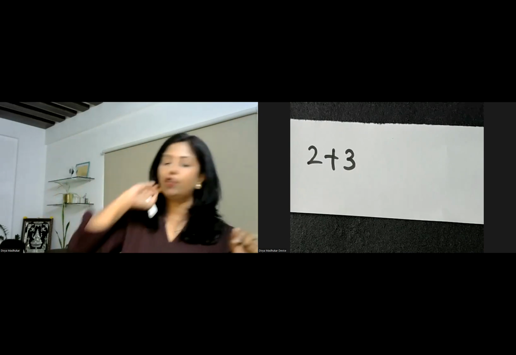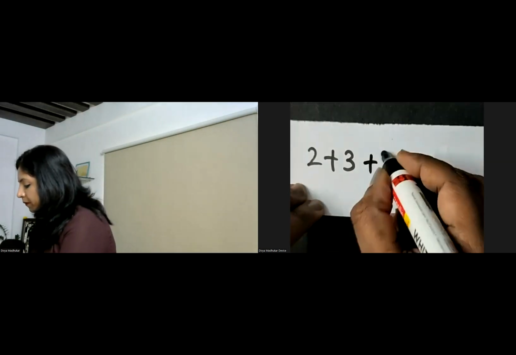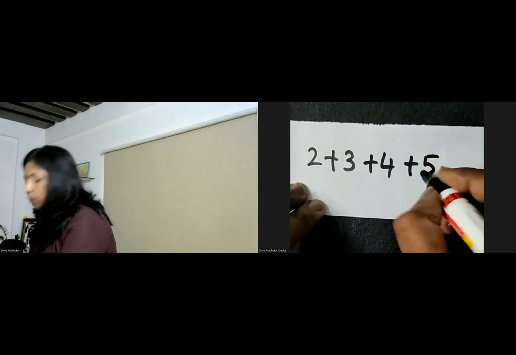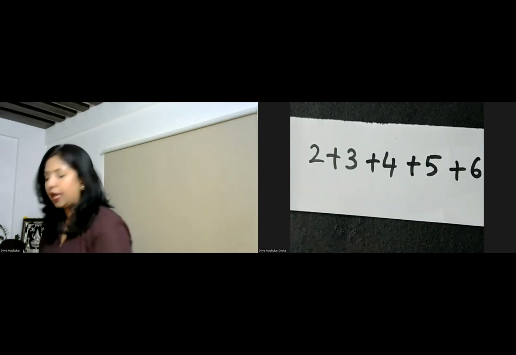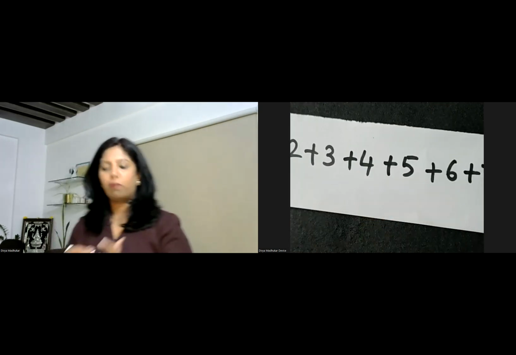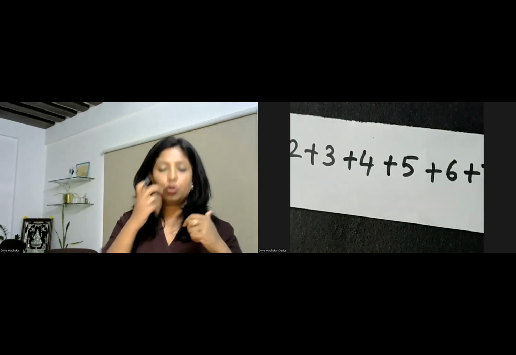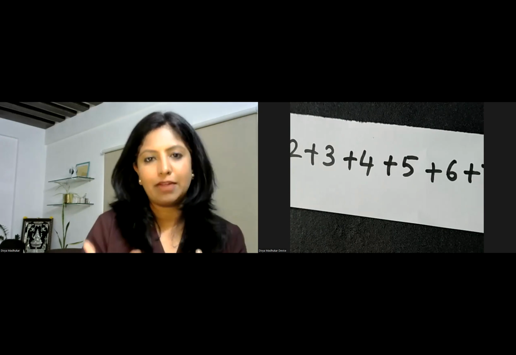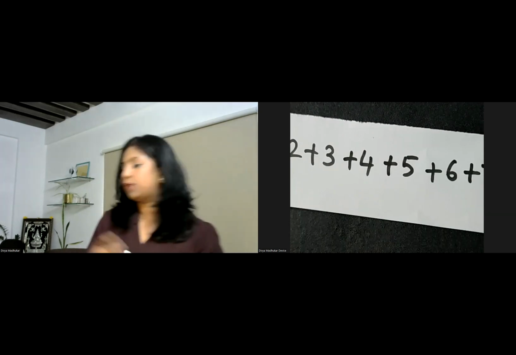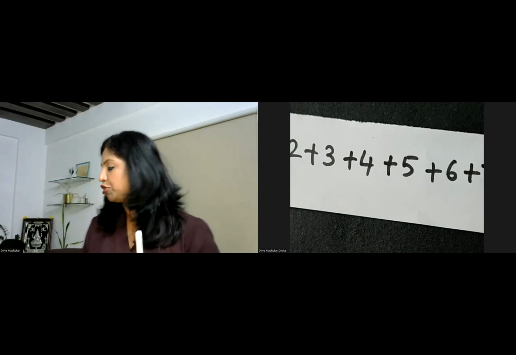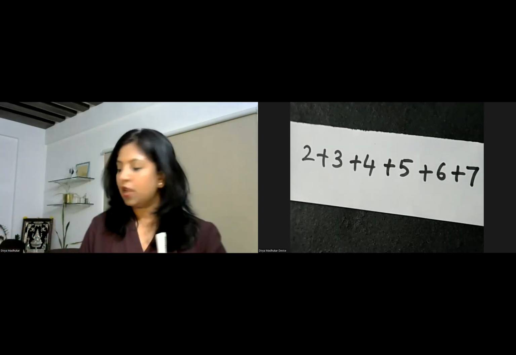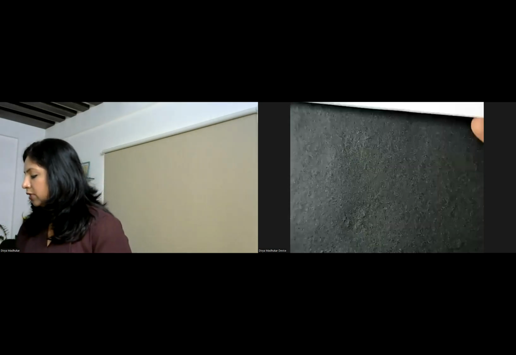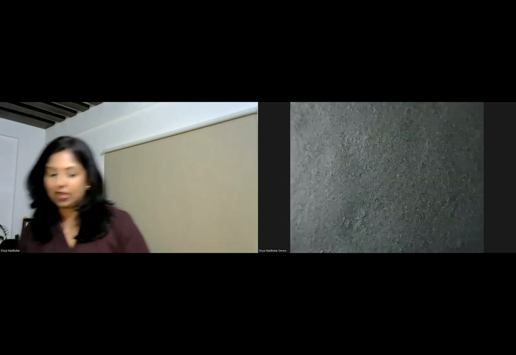Now, what if I have to go for a third number? Or what if I have to go for a fourth number? Or a fifth number? Or a sixth number? So I can give my problem statement a little longer also to perform my addition, right? So for this, we can use another material which is called my addition snake game. Now, note down the next material is called addition snake game.